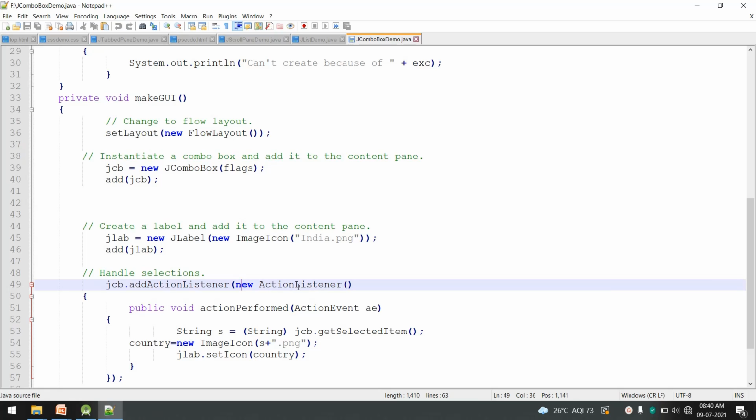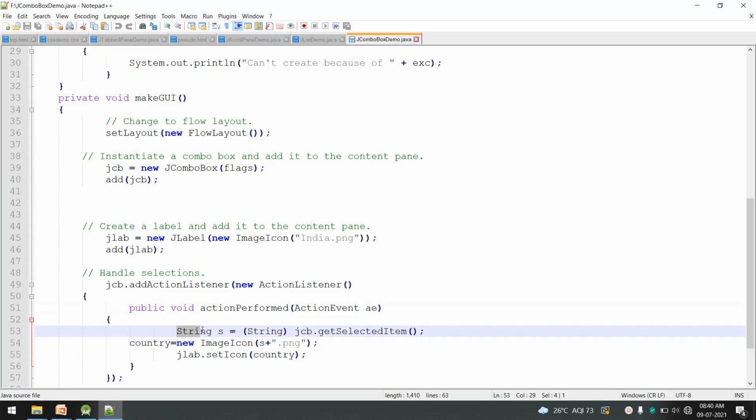New ActionListener: as I've said about the anonymous inner class, there is a class which has no name and which is implementing the ActionListener interface. As a class inherits a listener interface, it has to provide the body for the method. There is one method in ActionListener, that is actionPerformed. So we have declared that method here, public void actionPerformed, ActionEvent a.